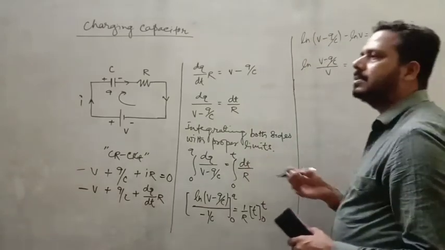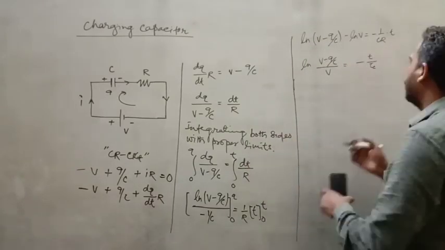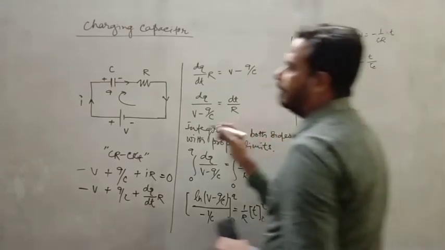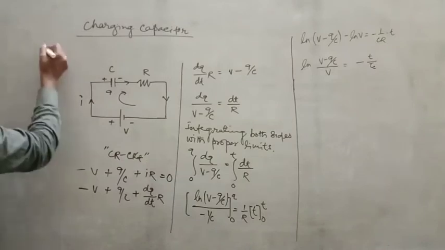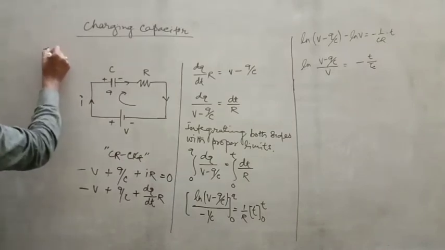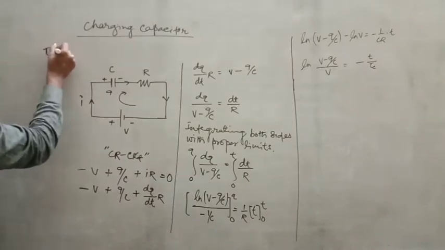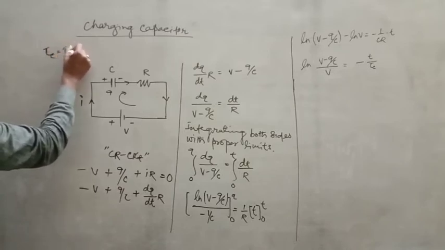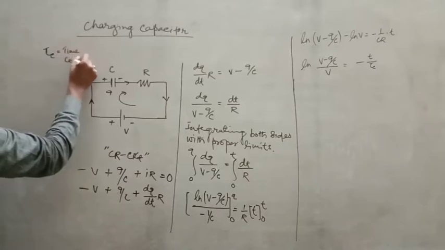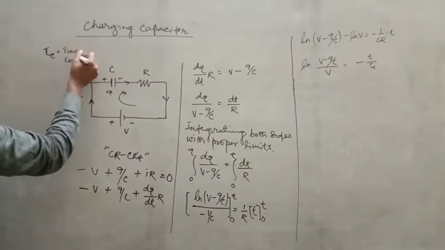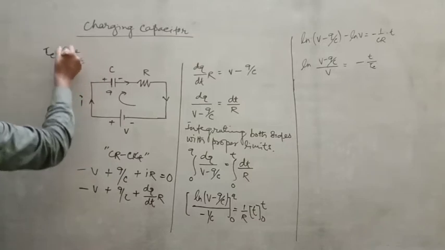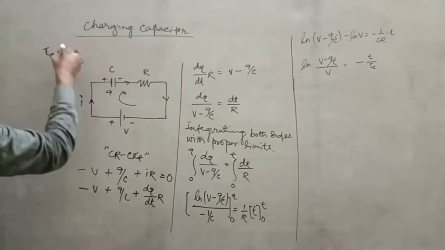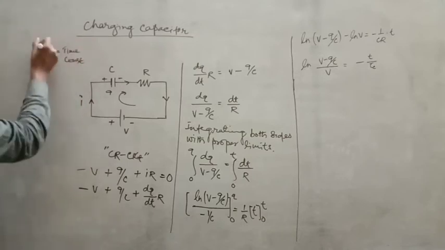And this constant is called the time constant. That means this is also a time. So just write down somewhere, like here I'm going to write that tau c is a constant. This is called the time constant. Time constant means time. The unit of the time constant is equal to the unit of time. So this is also a time. You just keep this in mind.